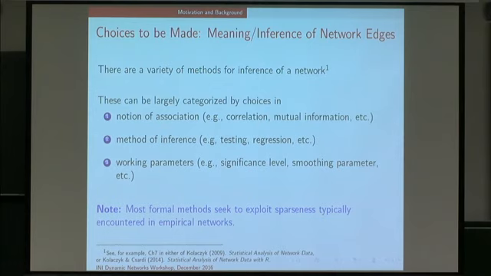Very often, these methods are also trying to exploit and assume sparseness that people are assuming is going to be in the network. So we're going to have elements of all these types of things in the particular method that I'm showing you, but I want to show up front that there are choices to be made. We have a certain choice, and I'll show you what that is, and that's made in the backdrop of the larger set of choices that one might make.